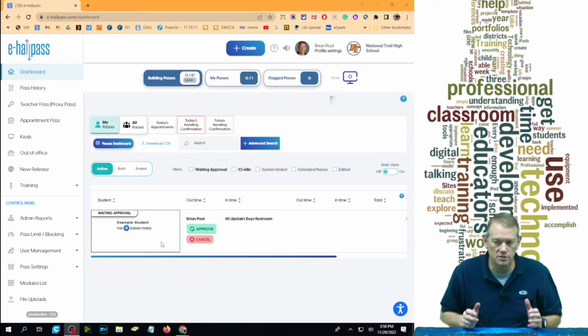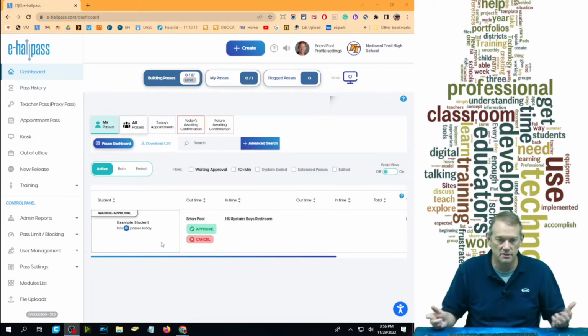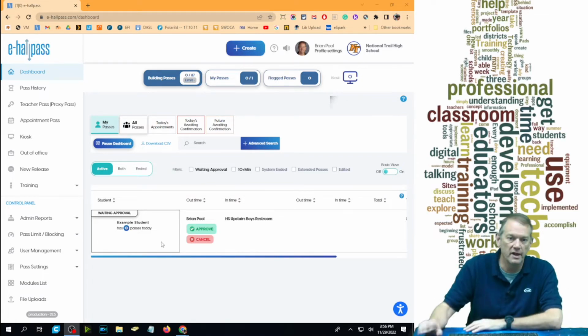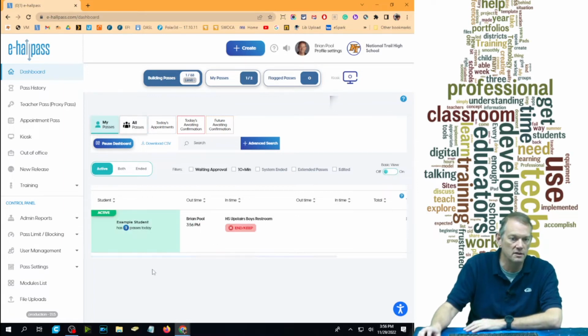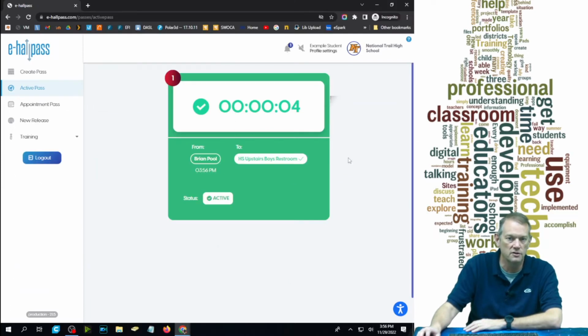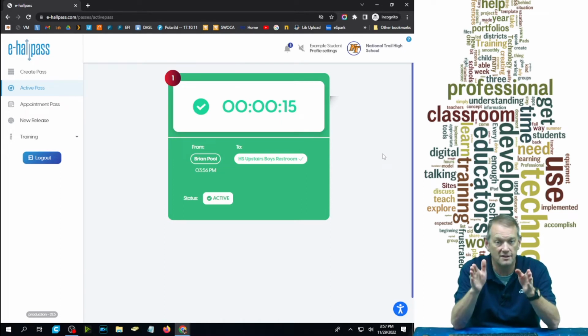Anytime a student requests a pass, you immediately see how many he's had today. So if somebody has had 2 or 3 passes today, maybe you don't want to give the pass. But basically, all I would have to do is either hit cancel or approve. Again, I could look to see if anybody else has a pass. Nobody does, so I hit approve. And it immediately turns green, and on their screen, it turns green as well and starts counting how long they've had the pass. The idea is as soon as they see green, you've said they can go, they head down to the location that they said they were going to, and then when they get back and you see them in the room,